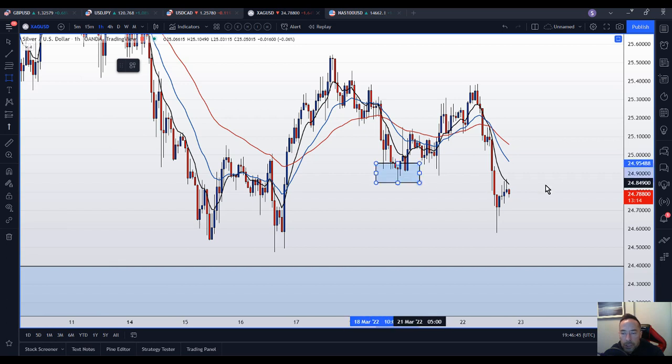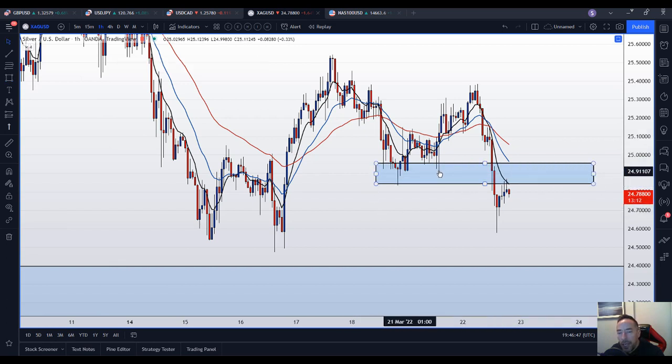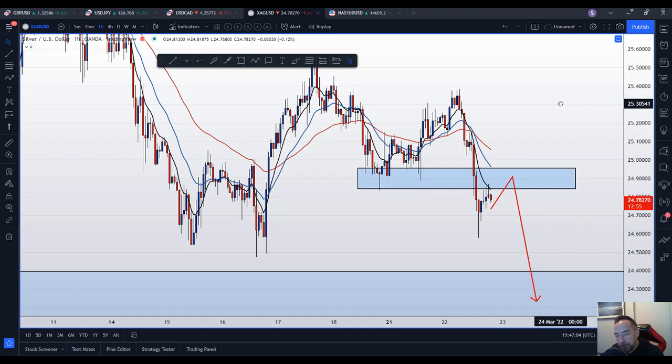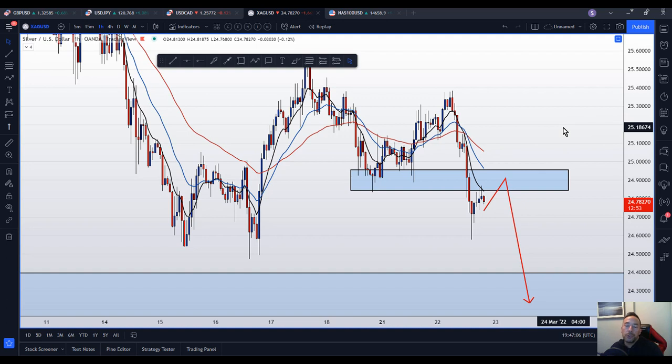So just watch if price comes back into this zone here, which was support. So we're talking around about 24.9, maybe even 25, but 24.9. If we see that, we see a rejection as well, then there could be a setup into that 24 zone, and then I'll be looking for longs. Okay, so potential short-term shorts on silver if we get that setup, pullback rejection.